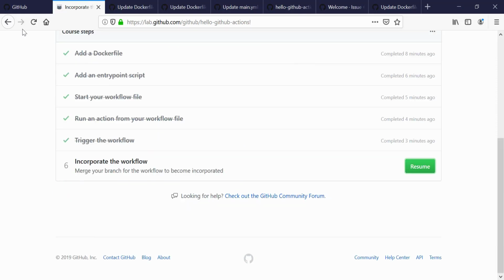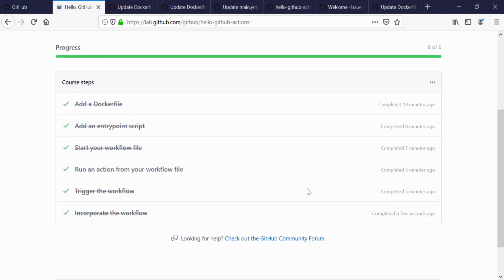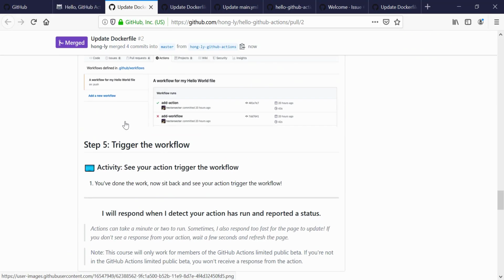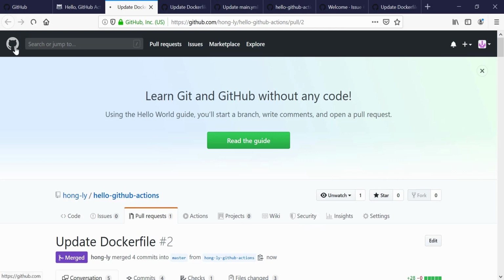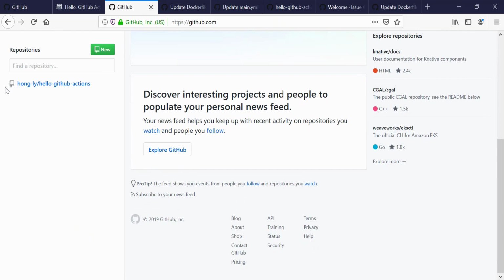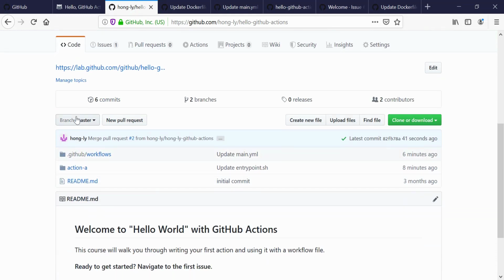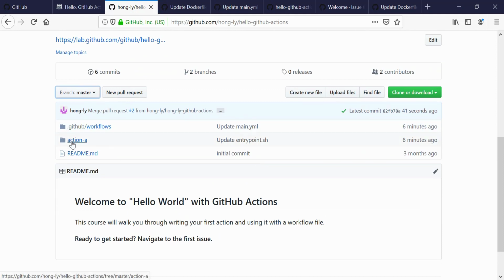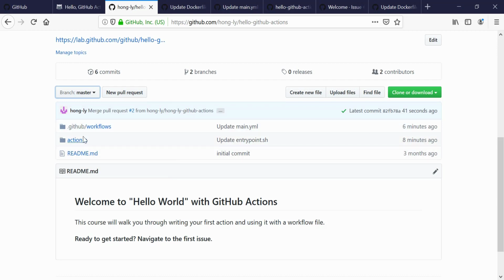So now let me go and refresh this. See if we already merged successfully. Okay, so here you can see that all the 6 steps that we created right here have already merged. And now let me go back to my GitHub and see all of the changes. So here is the GitHub repository, and now we are inside this master branch. You can see that this is all the file that we just merged from this branch, and inside that